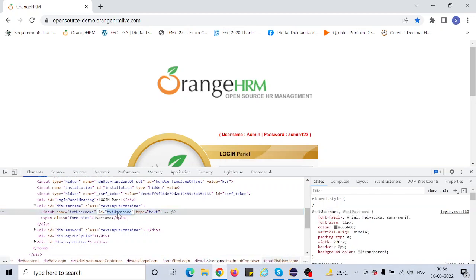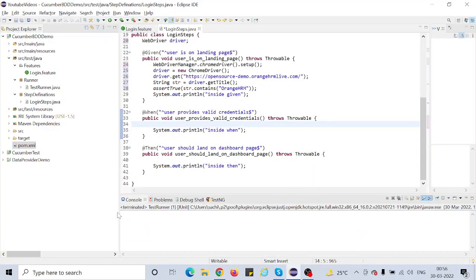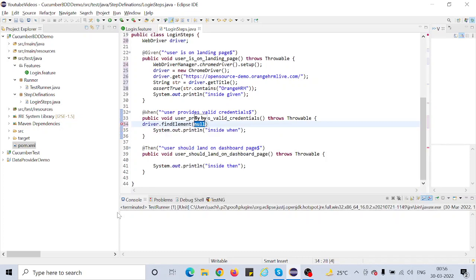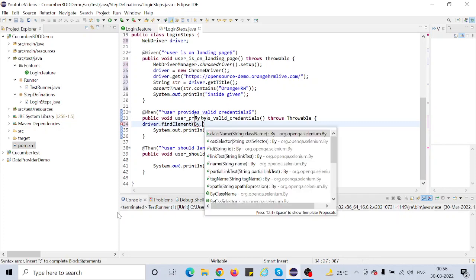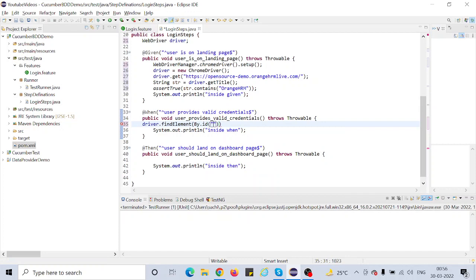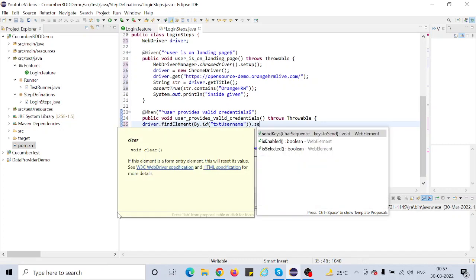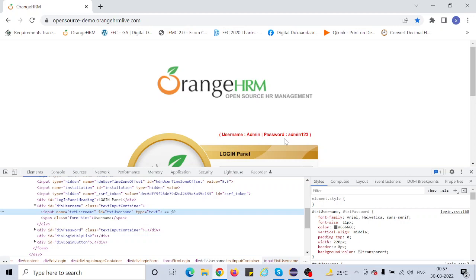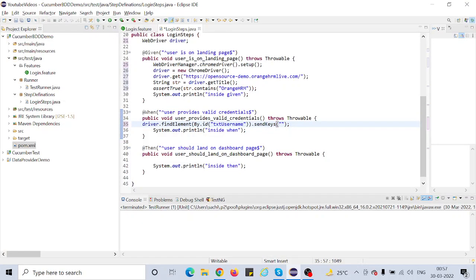So this ID we can take, and we can say driver dot find element by, we have taken the ID, so let's put the ID and write the code here, and we want to pass the valid username. In our case it is admin123, password admin. So we can say admin over here,